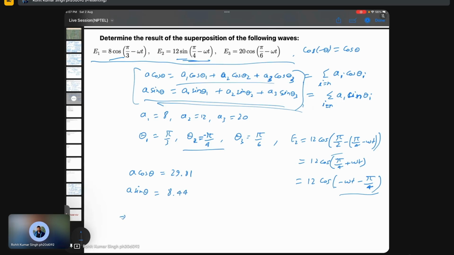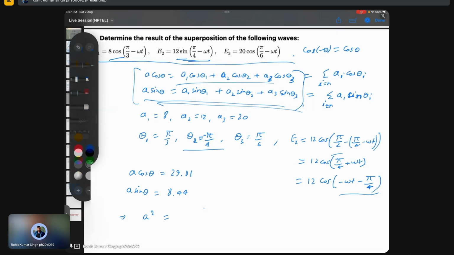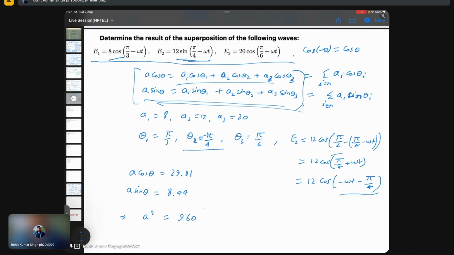If you square both of them and add, you will get A squared equal to, on the right hand side, 960.2, and if you take the square root you will get 30.98 something, and if you divide them you will get tan theta is equal to 8.44